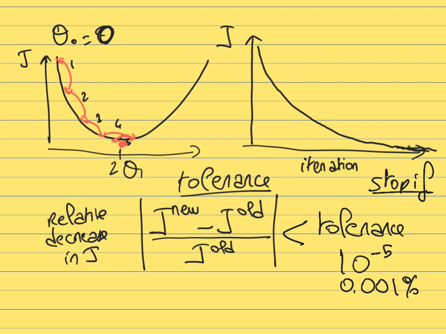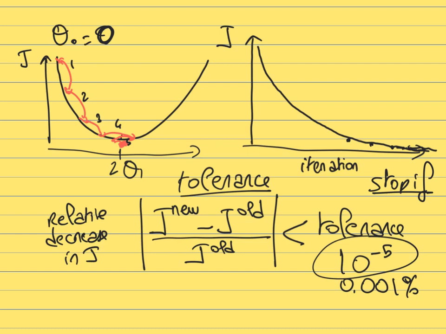You can change the value of this tolerance. If you use a higher tolerance, like 10 to the minus 4, 10 to the minus 3, then your optimization will stop faster, because it's going to be easier for the model to reach something pretty close to the minimum,